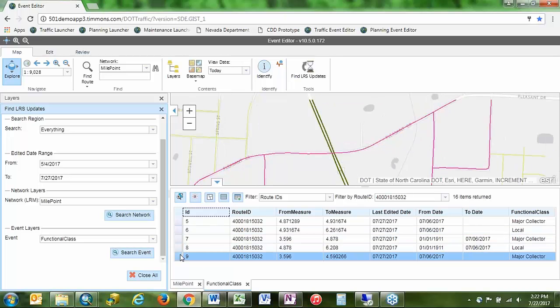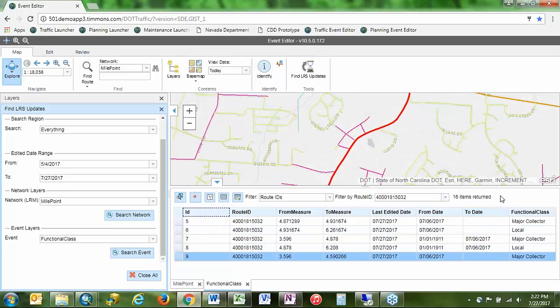here on the right. Now remember, these fields are configurable, so any fields that you decide to add to help you further put together the story, your administrator can do that for you. So I believe that's pretty much all I have to show you for Find LRS updates. I'm going to toss this back over to Matt to talk to you about the pricing of this tool.